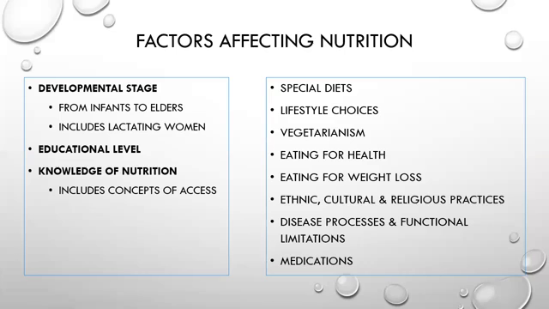Consistency modified diets are typically used when patients have swallowing difficulties and need thickened liquids. So maybe they have a pureed diet or a mechanical soft diet where it's just about the consistency of their food. What can they handle? And then diets are typically modified due to disease processes. So for instance, diabetic patients are going to need fewer carbohydrates than other patients, right?